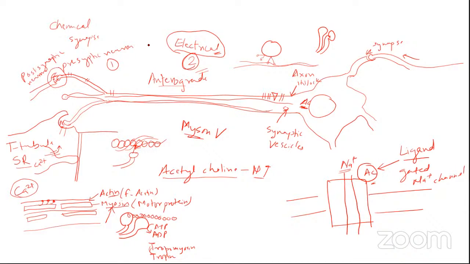However, most of the neurons connect with each other by means of what are called chemical synapses. Chemical synapses have a gap between the pre- and the postsynaptic membrane, and they are called chemical synapses because the presynaptic neuronal membrane and the postsynaptic neuronal membrane communicate with each other by means of certain chemical signals, which we commonly refer to as the neurotransmitters.